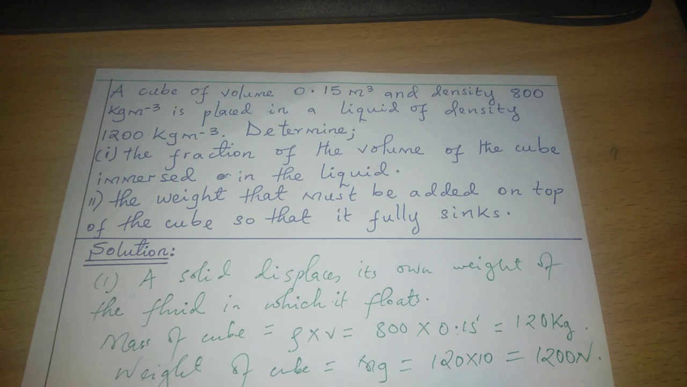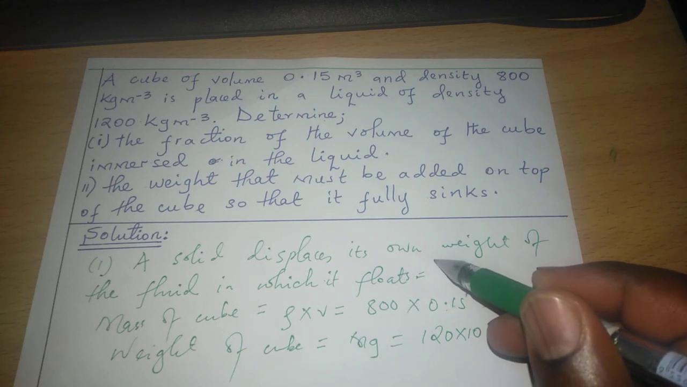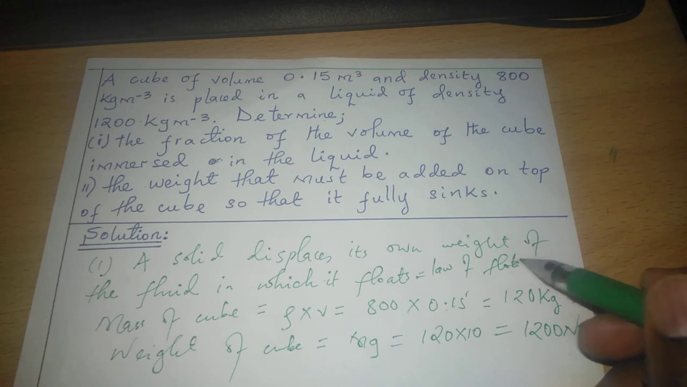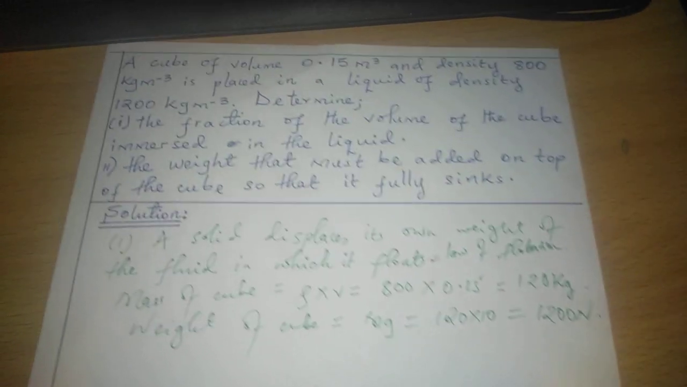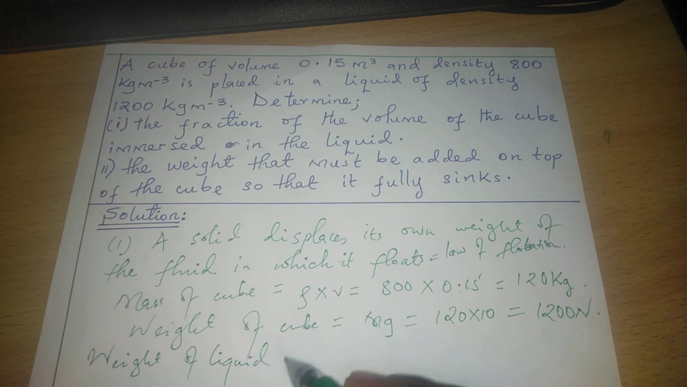So 1200 Newton is the weight of the cube, and because it is floating in a given liquid, it is going to displace 1200 newtons of the liquid in which it is floating, according to the law of flotation. This is the law of flotation, and it will guide us here. Because it is floating, it displaces the same weight in that liquid where it floats. Therefore, the weight of liquid displaced